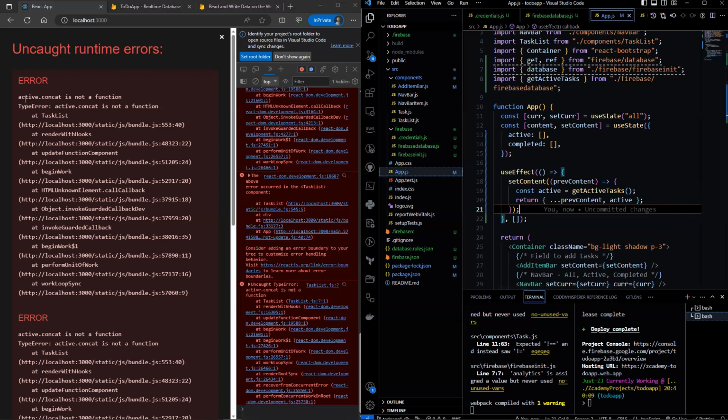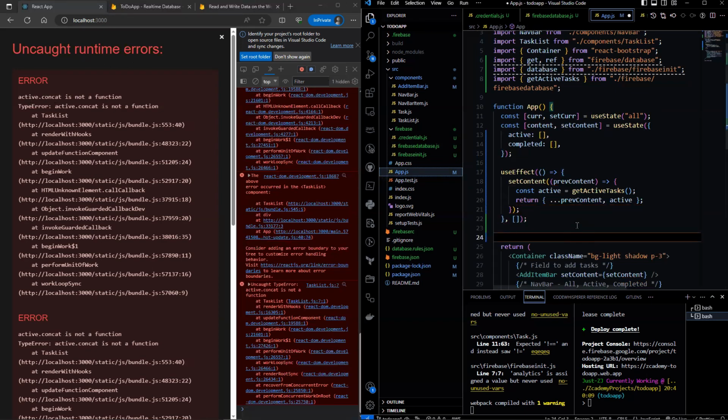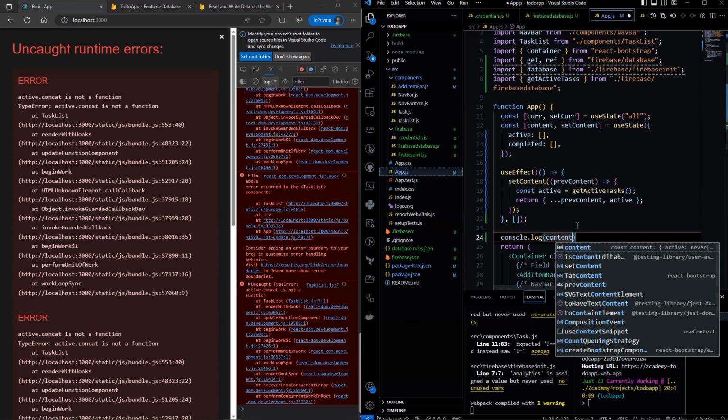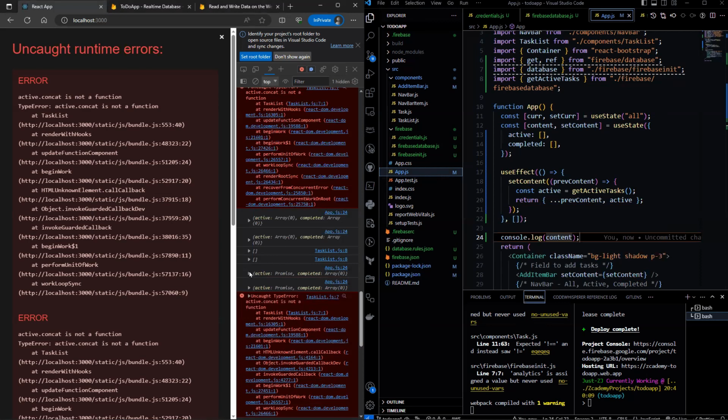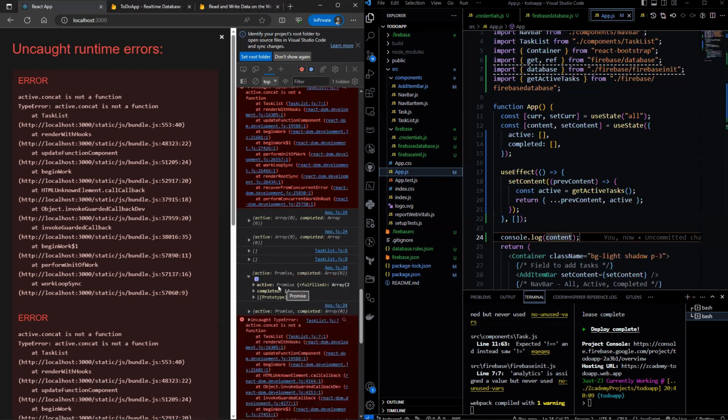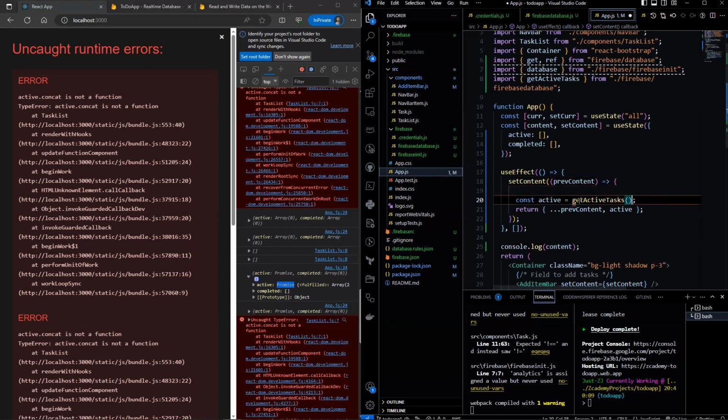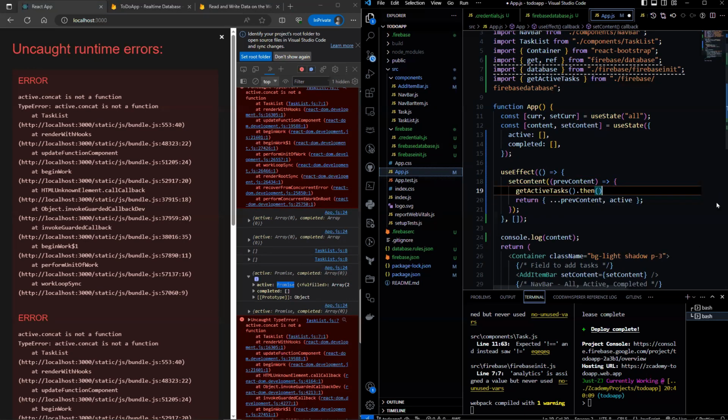Now it is saying that active.concat is not a function. Let's check if content is still in the structure that we wanted. You'll notice that active is now a promise instead of an array. So we will call this function and get the promise.